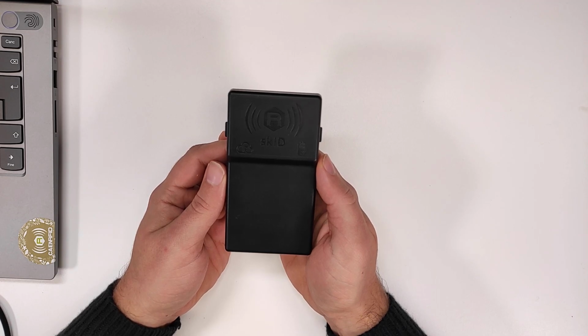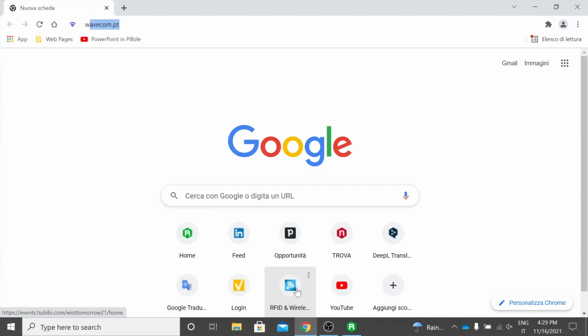Hi everyone, in this video I will show you how to switch the skID reader profile from the default Easy2Read to the HID profile. First, go on our website